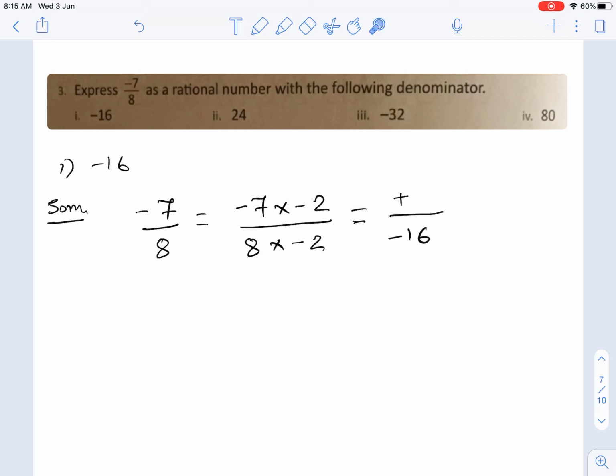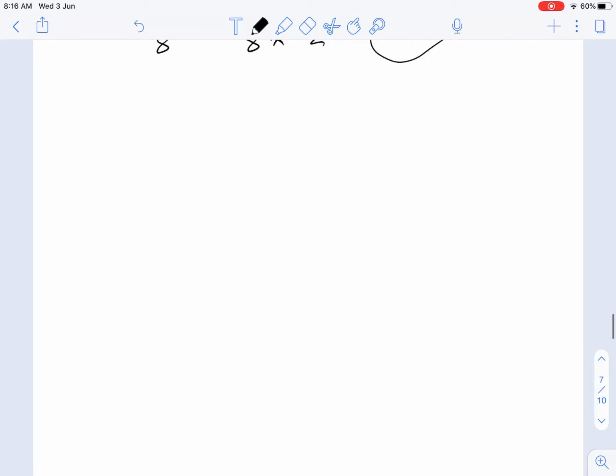The next one, 7 2s are 14, so our answer is 14. Okay, then 8 2s are 16, plus into minus is minus. So now this is our required number, that is plus 14 upon minus 16. In this way you have to complete the remaining examples. Okay, now next one,